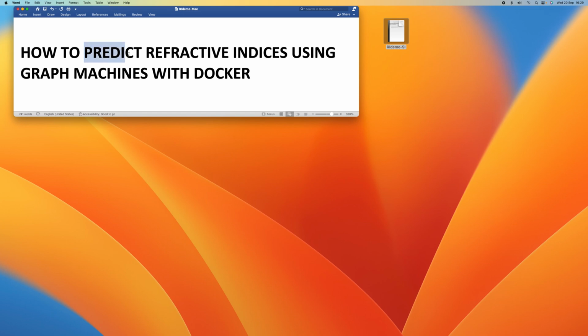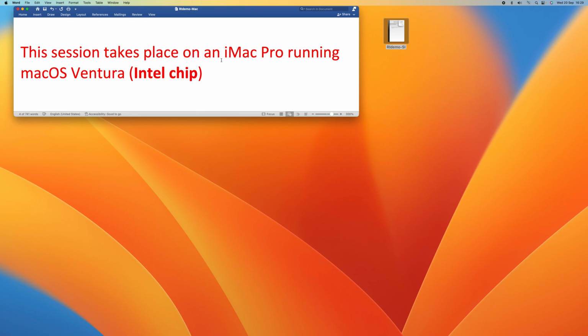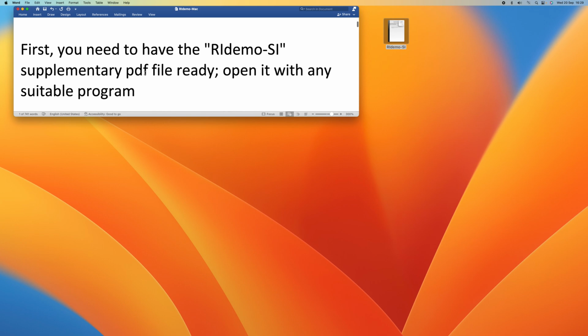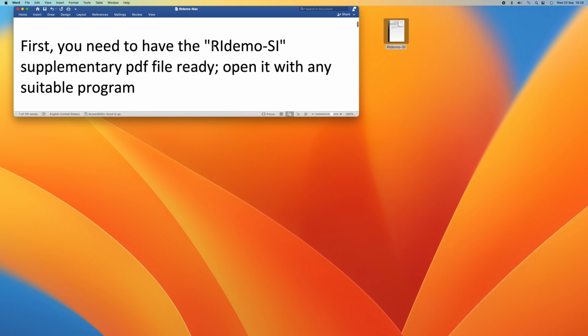I'm going to try to show you how to predict refractive indices using graph machine with Docker on a Mac. The machine is an iMac Pro running macOS Ventura, last version, on an Intel chip. It assumes that you have already downloaded a supplementary file named irdemo.si